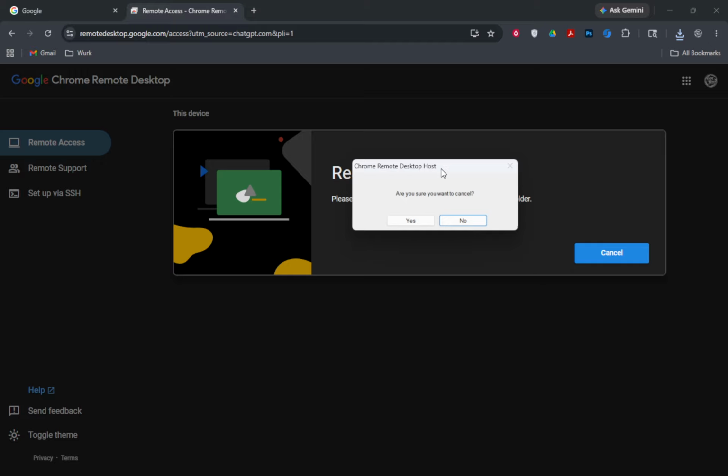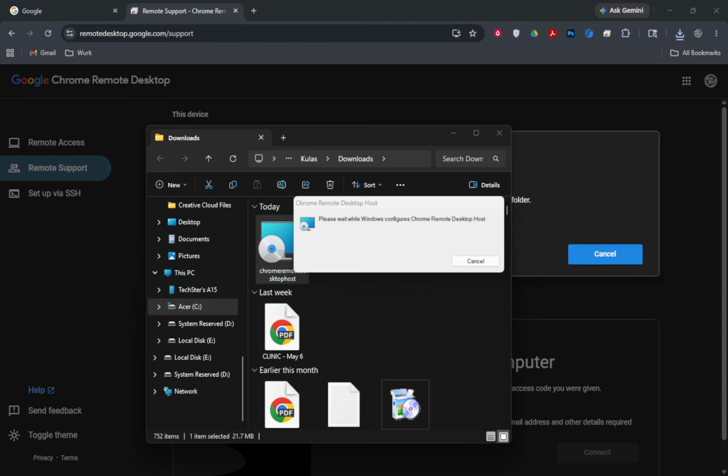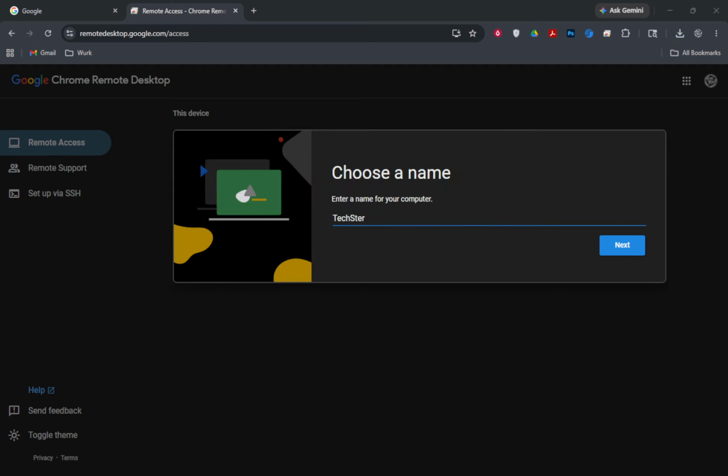To connect from another computer, open Chrome and go to the Chrome Remote Desktop Access page. Sign in with the same Google account you used during setup. Under Remote Devices, you'll see the computer name you just created. Select it, enter your PIN, and confirm. In a moment, your remote desktop will appear. You can use the keyboard and mouse as if you were sitting right there, move files around, and open applications normally. When you're finished, simply close the remote window to end the session.